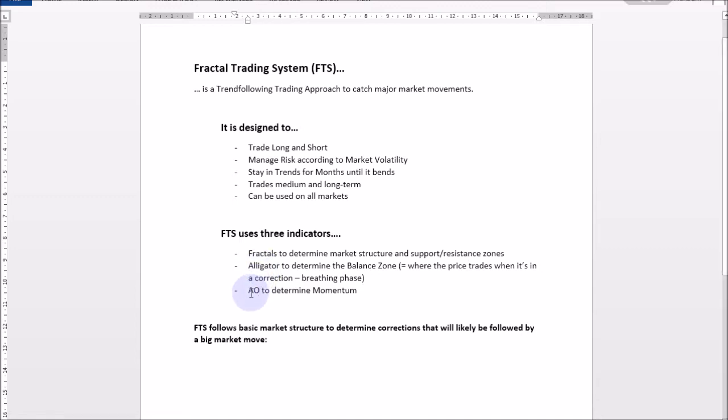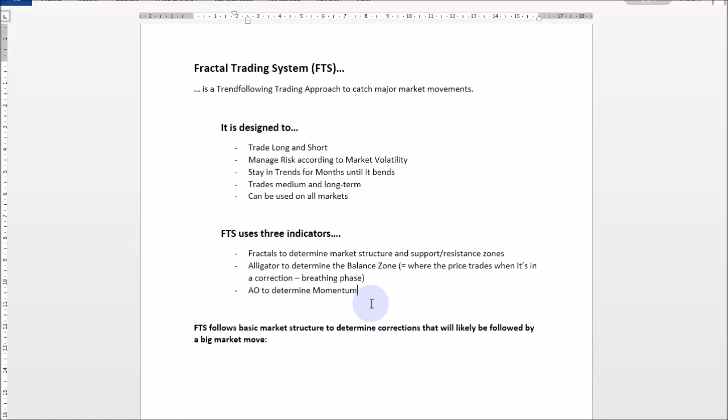And then we have the AO, which is short for awesome oscillator, to determine the momentum. Now, please don't pay too much attention to these stupid indicator names. They were created by Bill Williams back in the early 1990s, and I guess they gave this stuff, for marketing purposes, some names that do not seem too trustworthy nowadays, but in my opinion, they really fulfill their function, and they really do what they are supposed to, as we will see when we go ahead and analyze a